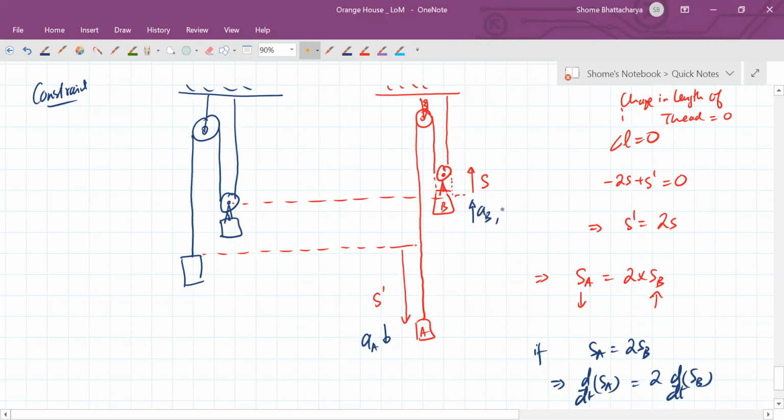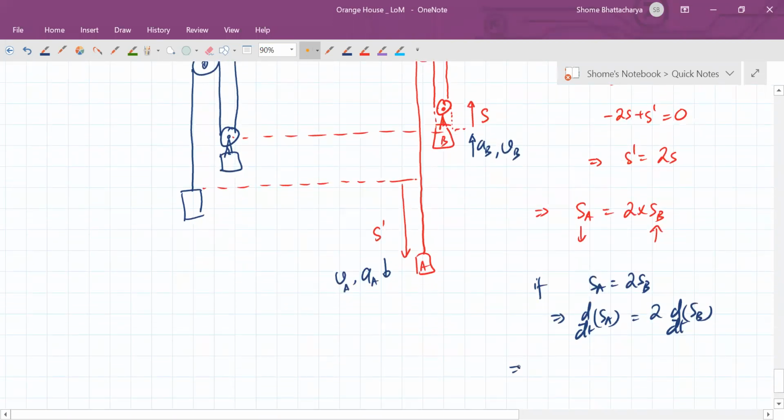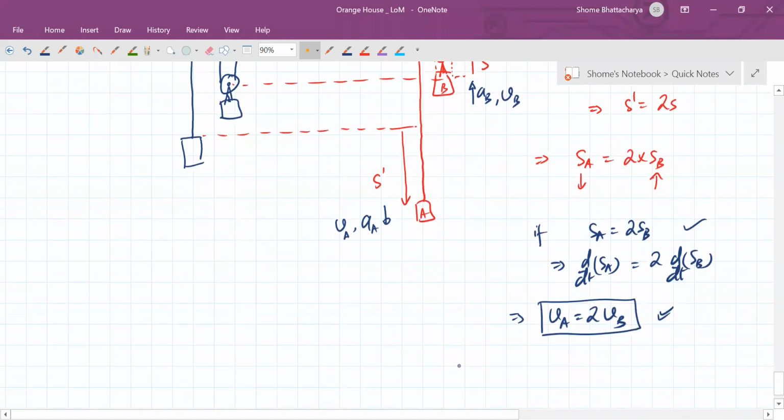So at some point of time इसका अगर velocity ऐसा है और इसका अगर velocity ऐसा है, so it means that velocity of A at any instant will be 2 times the velocity of B. The moment I'm saying displacement is in 1:2 ratio, so it means velocity will also be in 1:2 ratio, and